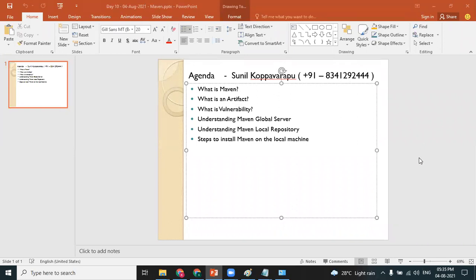So what's our agenda for tomorrow's session? As Maven is up and running in our local machine, tomorrow's plan is to experience how an artifact is built. We all know it's not the DevOps engineer who builds the artifact, but you have to know the concept of vulnerability, the risk involved, and Maven global.